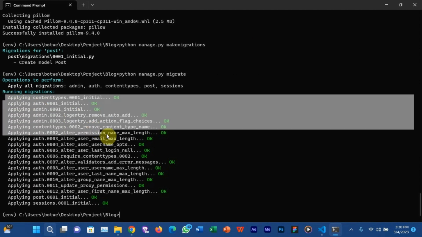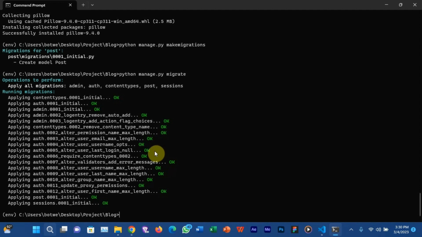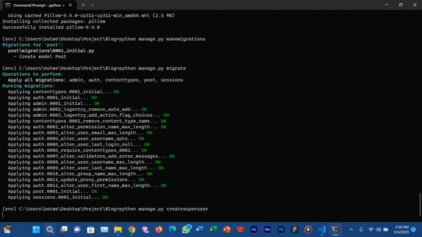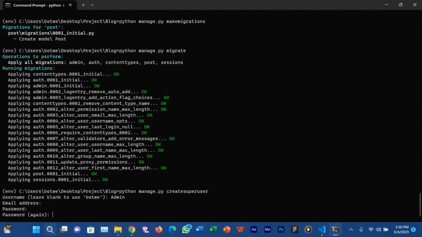You can see these codes here. With the user, this is already created in Django for us. That's the user model. That's why I have user in this. So the next thing to do is create a user to access the admin panel. So python manage.py createsuperuser. You have to give it the username. You can skip the email address and then just give a password to the user here.